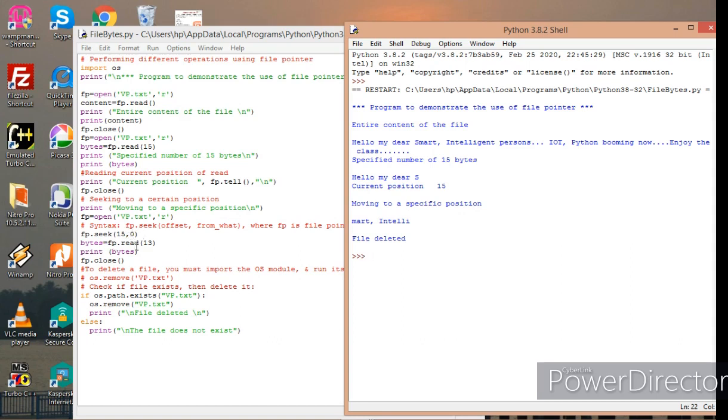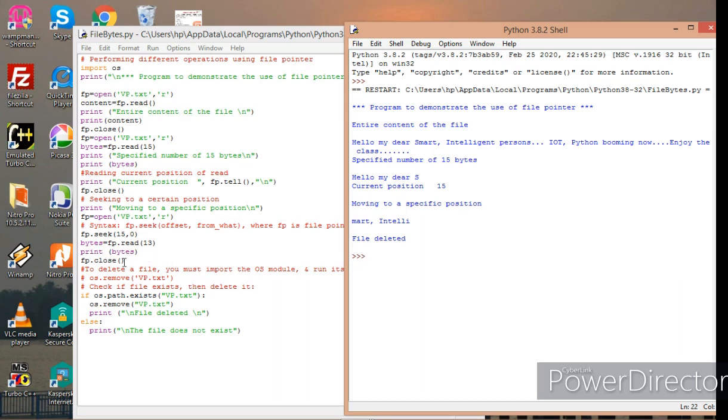Now I want to read 13 bytes, so fp.read(13), and I am going to print those read bytes. Right from that m, from here onwards, 1, 2, 3, 4, 5, 6, 7, 8, 9, 10, 11, 12, 13. So till I. Those 13 bytes are read and displayed with the help of this print statement.